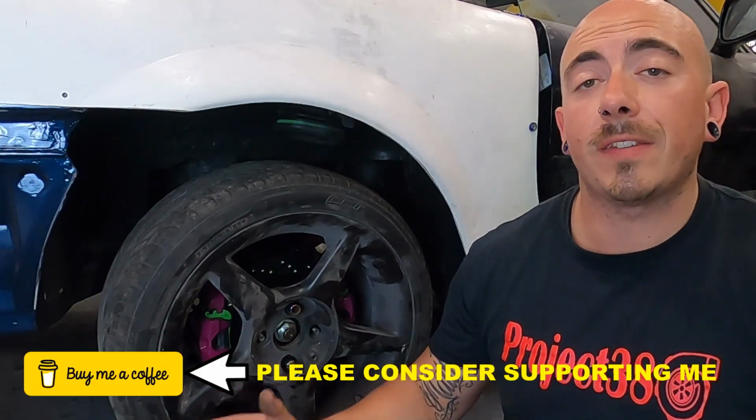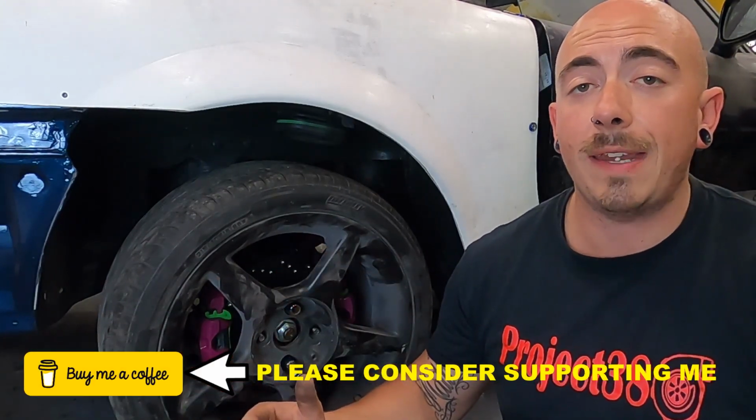So that is all the main brakes, the hydro setup and the clutch all fully bled, and the handbrake all